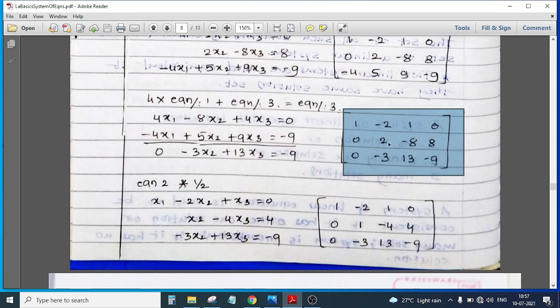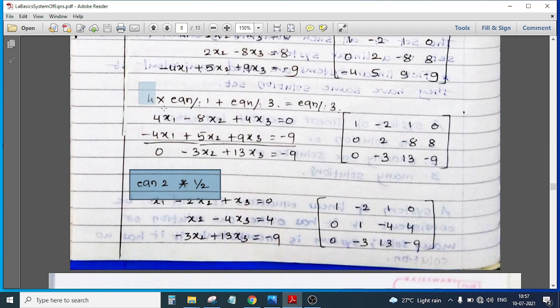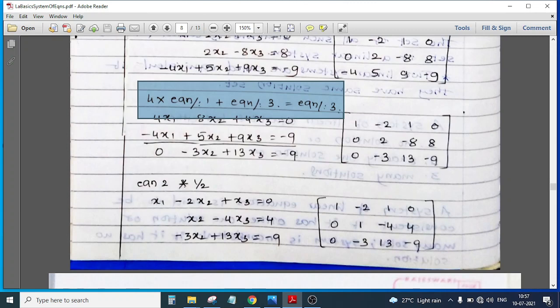Now we need to simplify it further, because we still cannot get our answers of x1, x2 and x3. Whatever steps we are doing right now, it is not compulsory that you do the same operation or the same pattern. You can do any operation in any format. Like first you can multiply your equation 2 by half, and then do this operation. It's not wrong. No problem. But make sure you follow certain rules, like this one: when you change one particular equation, only that equation will change and the other equations will remain unchanged.